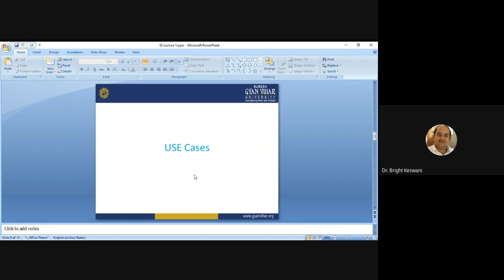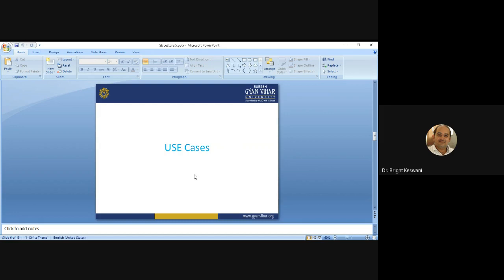Firstly, what is a use case? It is a part of object analysis, and it provides communication between the project development team and the user. You can say it is a diagrammatical representation of the system.